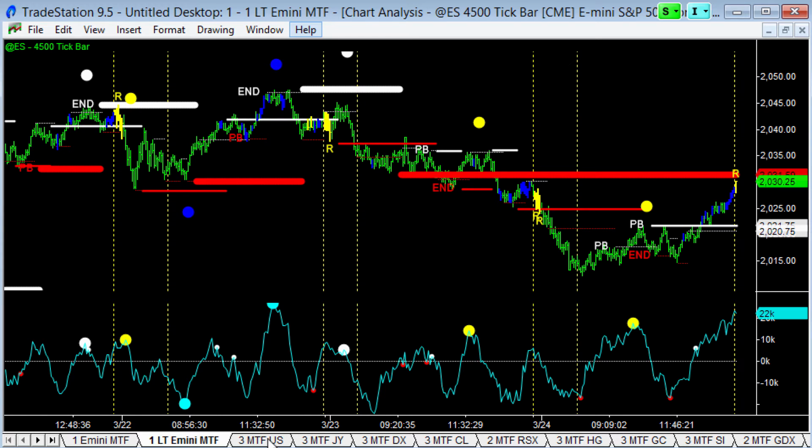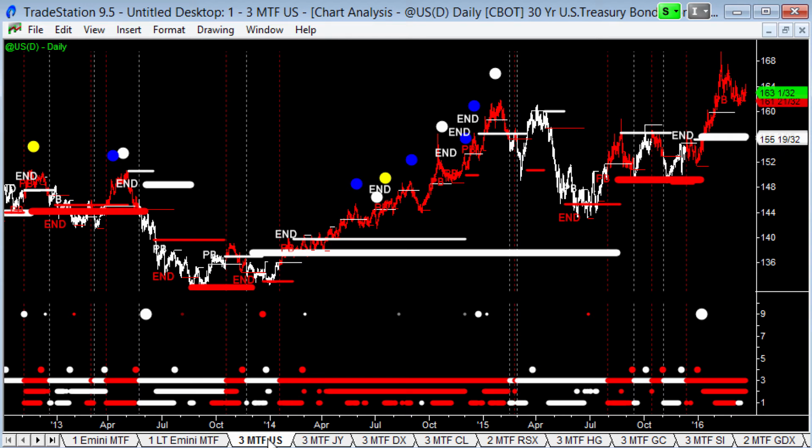On the flip side, what's going on in bonds? Well, the bond market is starting to hold. This is a daily chart going back quite a while. This is back to 2013. You can see this is the blow-off move that we had in bonds, with all these end of trends going off and the exhaustion patterns and bearish divergence. And we did have quite a lot of weakness into that, but then we've had this cyclical support on the